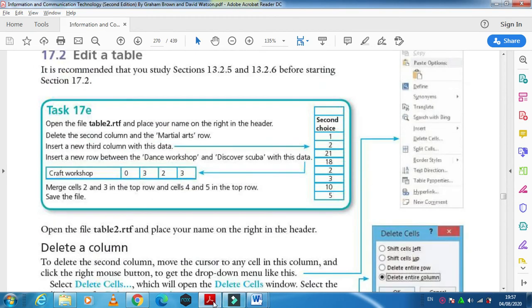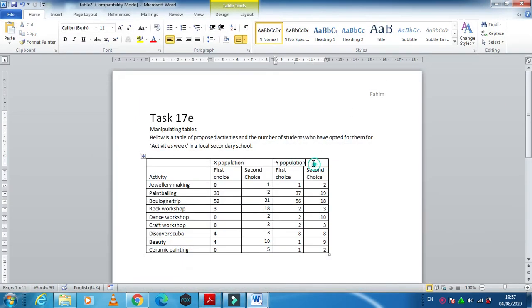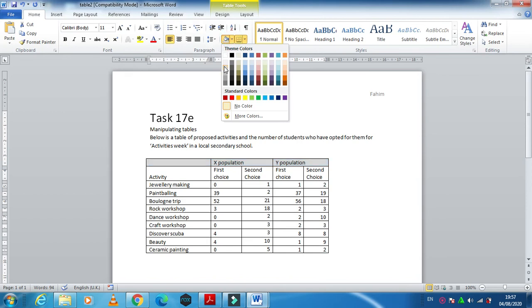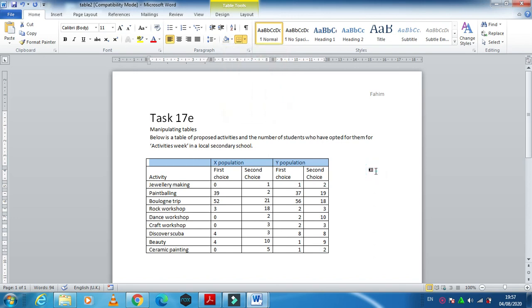This is how we actually use the formatting of the table. Sometimes they ask you to fill, for example, the first row with a dark color or any other color. So you need to select your row, and then here we have a bucket option, shading. Click here and choose the percentage, for example 15%, 20%. In the exam they always ask you from 20 to 40% or 15 to 30%, so you can select one of them. This is what they ask us in this task. Hope you have understood how to format a table.